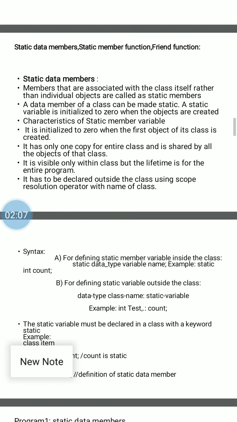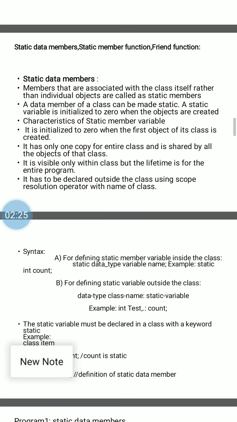Then second important point, when we create a static variable and when we create object of that class, then static variable is automatically initialized to 0.